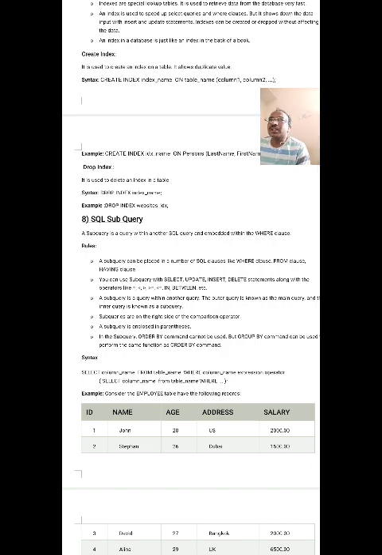A subquery is writing a query within another query, so you can execute two queries with the same table or different tables. First the inner query is executed, then its result is substituted, then the outer query is executed.